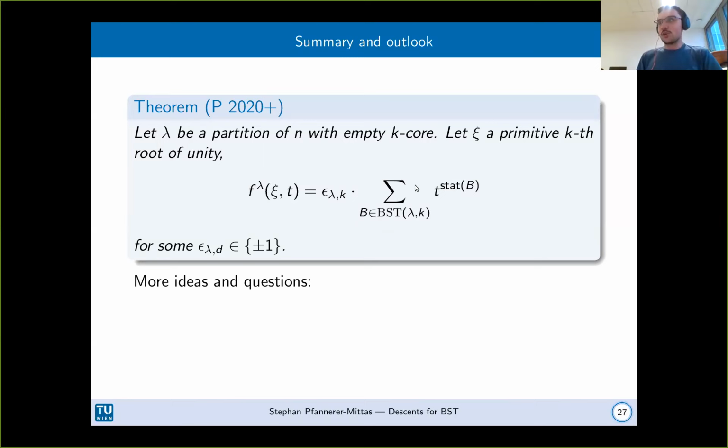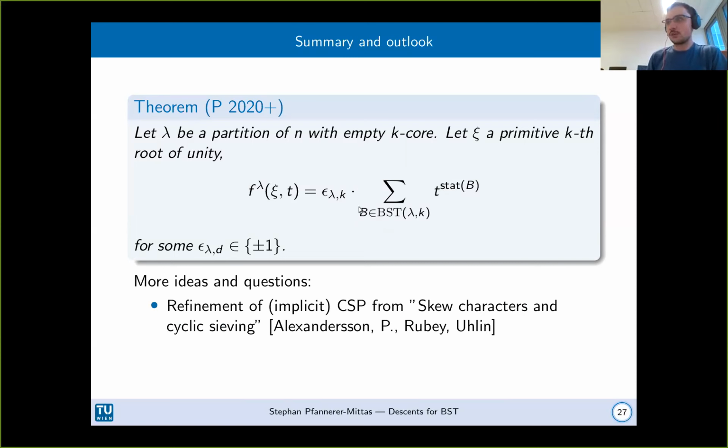There are some more ideas and questions that I'm interested in what we can maybe do with this. One thing would be to refine some implicit cyclic sieving phenomena that Per Alexanderson, Martin Rubey, and Joachim Uhlin together with me observed in a preprint that we published earlier this year, where we could prove that f lambda of q, where no t is showing up, squared is always a polynomial that comes from a cyclic sieving phenomenon,